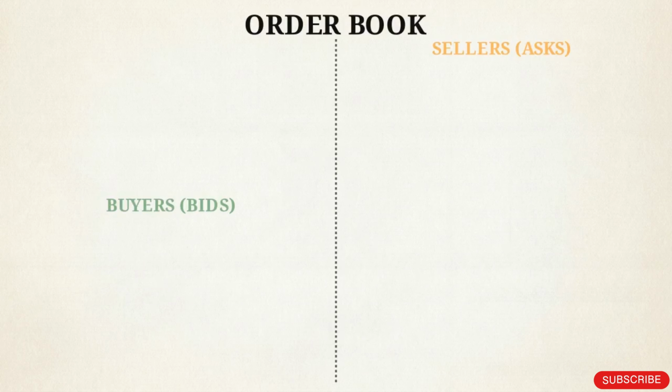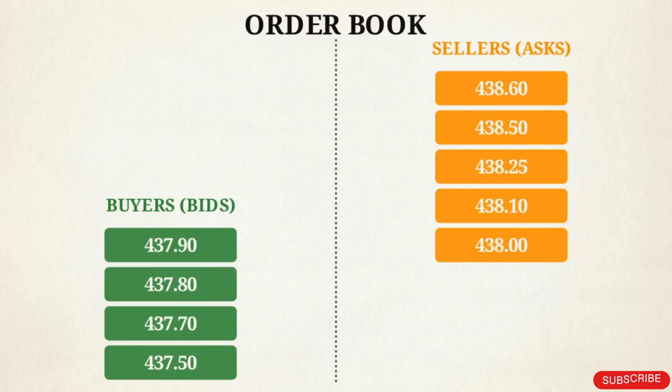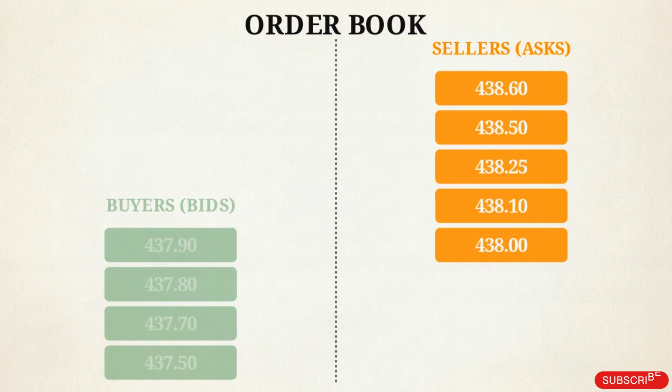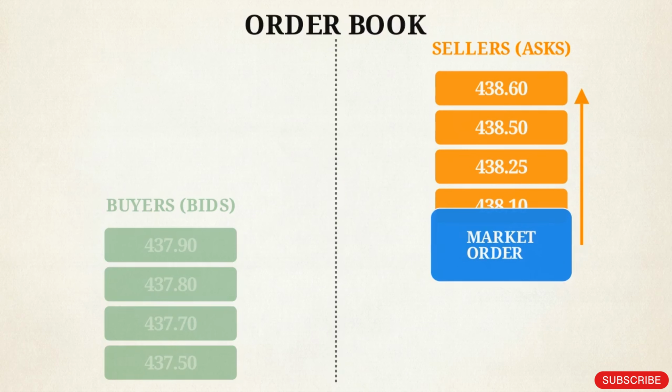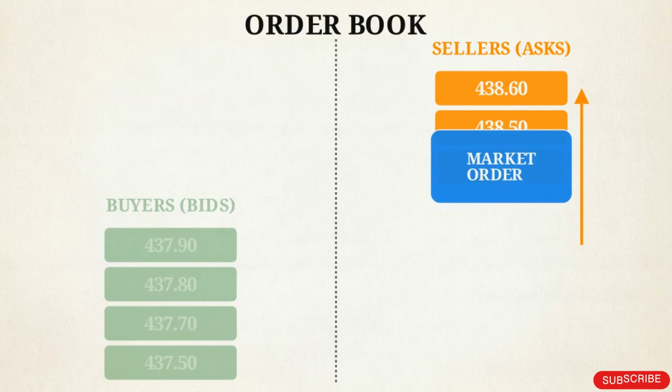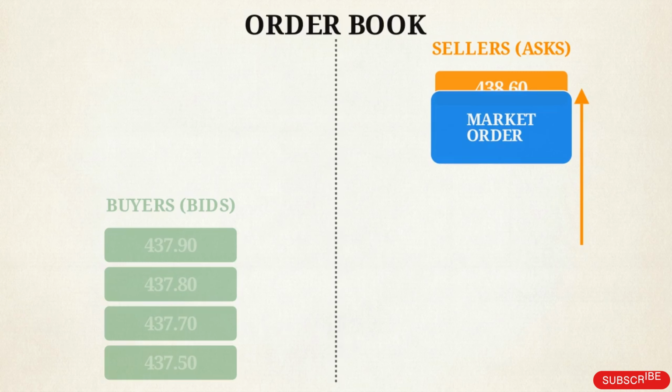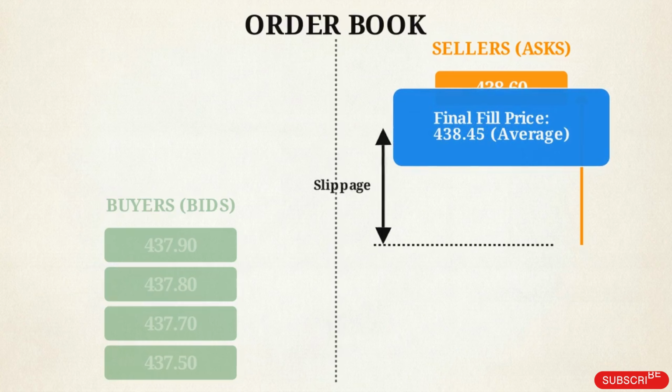To see why that costs you money, look at this order book diagram. Buyers are lined up on the left, but you need to focus on the sellers stacked on the right. Each seller is asking for a slightly higher price than the last. When you place a large market order, it instantly eats through the cheapest available shares. To fill the rest of your order, the system forces you up the ladder, buying from the more expensive sellers.